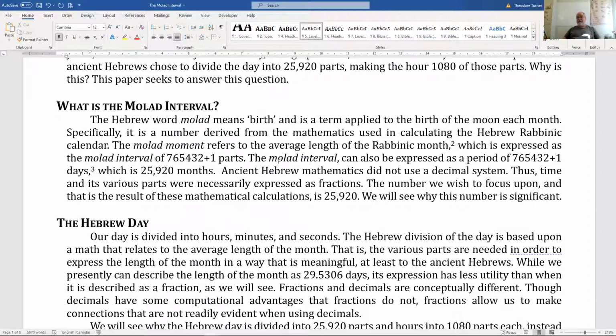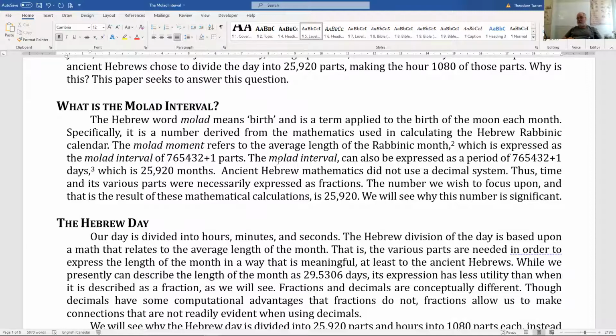Specifically, it is a number derived from the mathematics used in calculating the Hebrew rabbinic calendar. So they had to calculate this calendar. And so they divided the day into a certain number of parts so that they could measure the month accurately, because they didn't have a decimal system, they only had fractions. The Molad moment refers to the average length of the rabbinic month, which is expressed as the Molad interval of